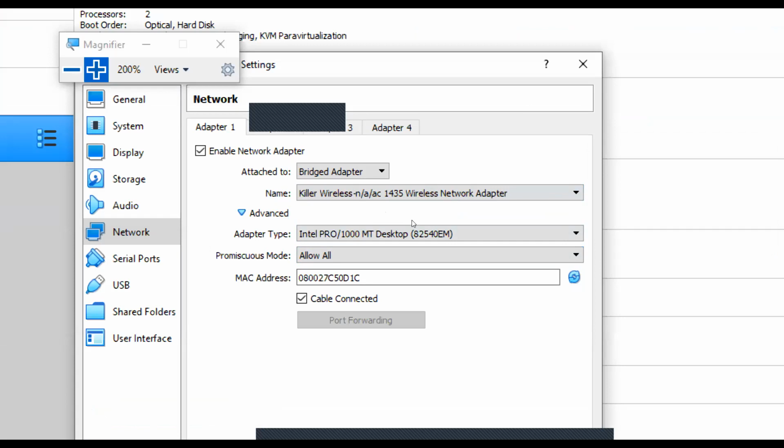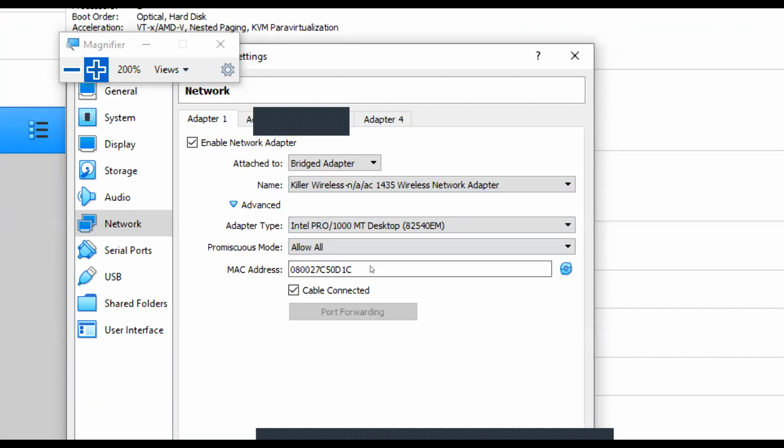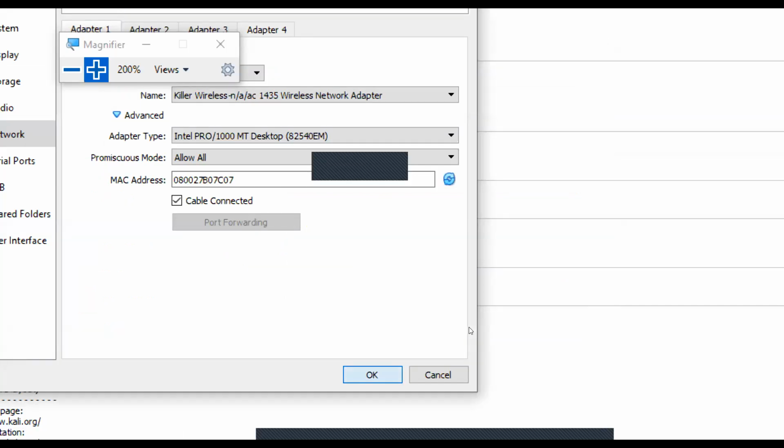All the network data traveling through my network interface card will be accessible by this virtual machine. It is called promiscuous mode. So I'll go with promiscuous mode, choose this wireless network over here, refresh the MAC address, and simply click on OK.